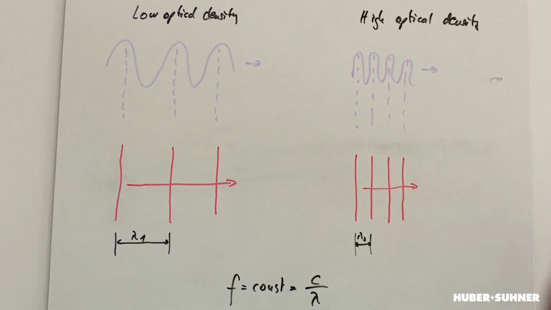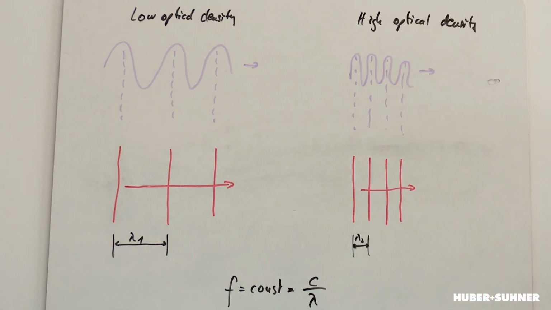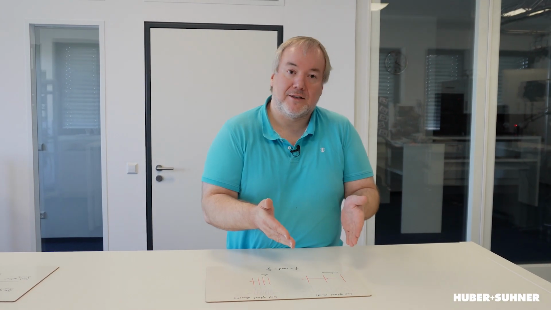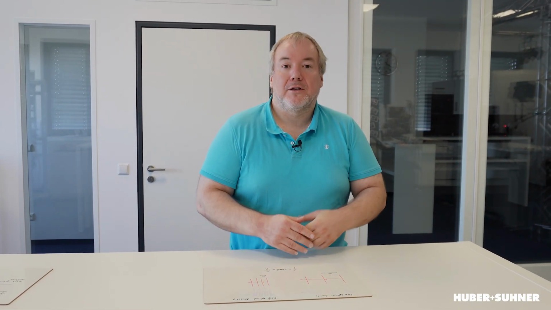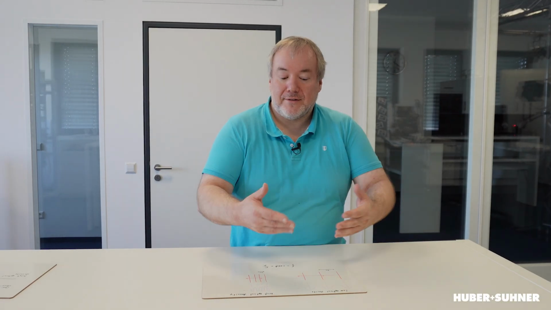First of all, let's have a look at what a light wave looks like. Here depicted in purple, you can see a sine shape of the light wave and it's propagating to the right-hand side. Sine means that the peak maximums have a constant distance between each other, and this distance is called the wavelength. Now, if we imagine that this is not only a two-dimensional line, but a three-dimensional surface, then we could